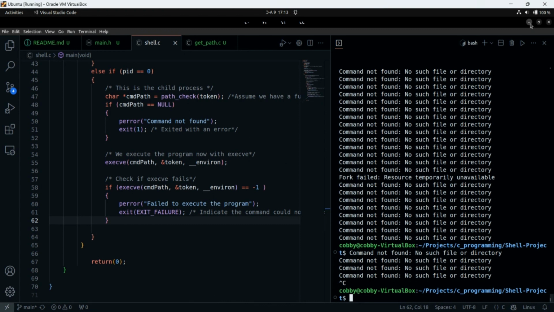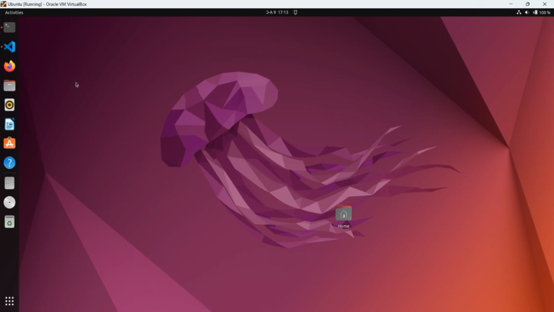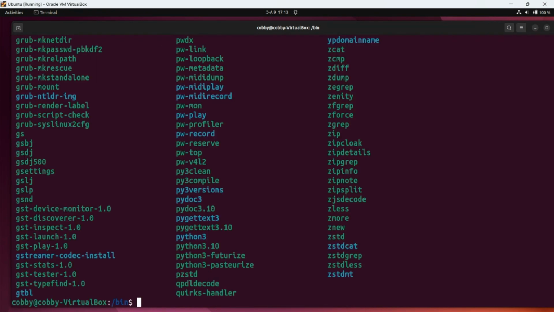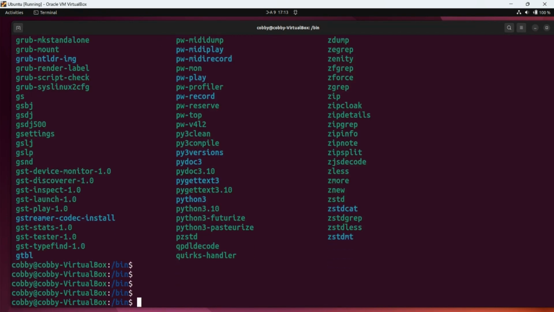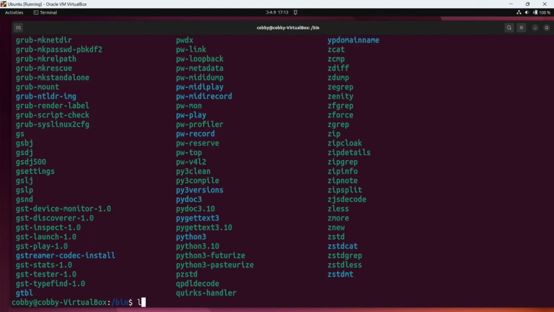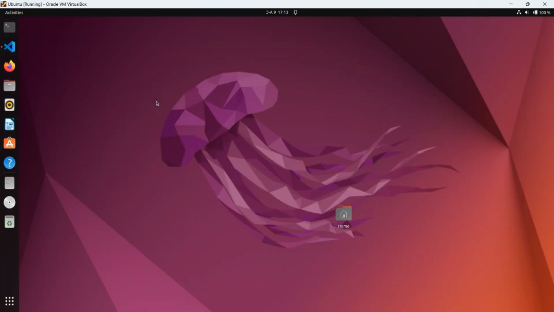Let me demonstrate why shell is in a loop. When I press and hold enter, it continues to run multiple times. When you enter exit, that is when the loop ends. So shell itself is a big while loop. We'll implement that later because of time.